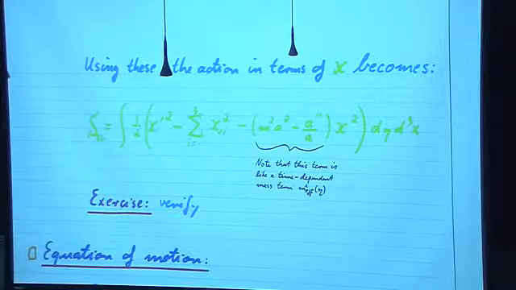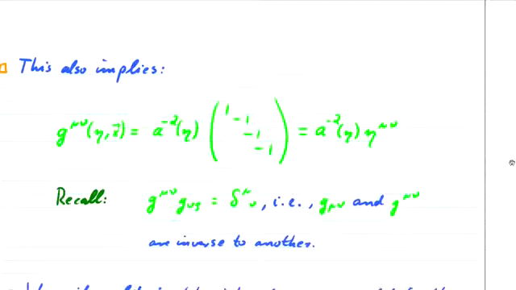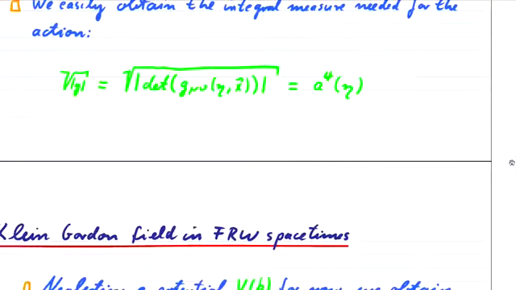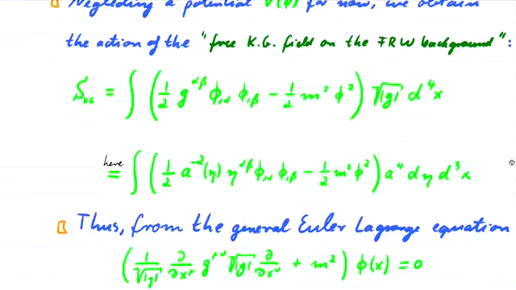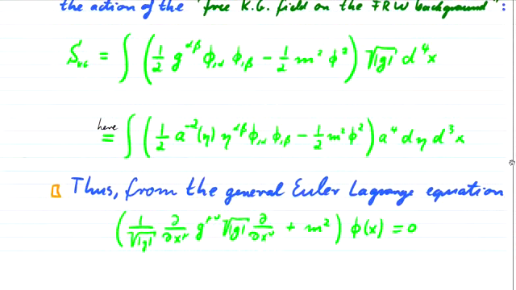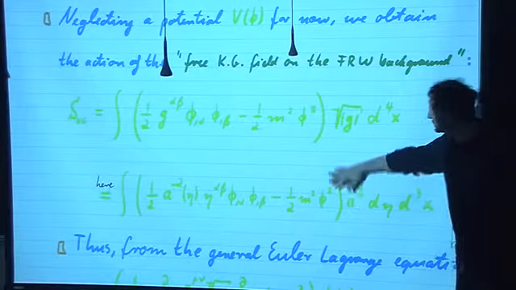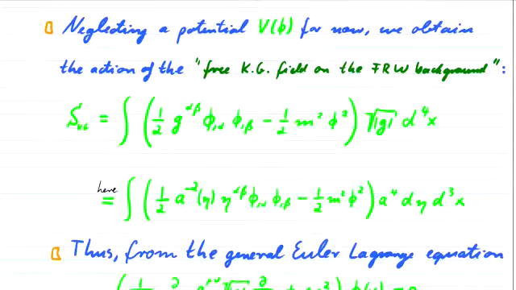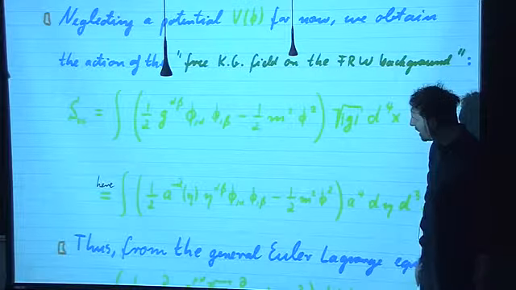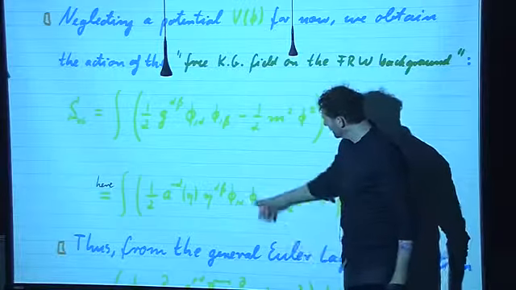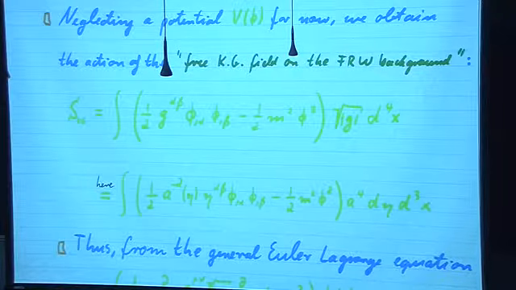By the way, maybe we should quickly go back and look at the Klein-Gordon equation. Yeah, we didn't really spell it out. But in any case, from here you put in the definition of what chi is in terms of phi and the derivatives, and then you can work out what the action is in terms of chi,